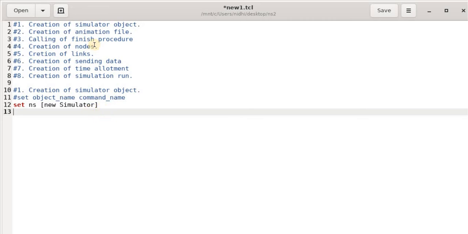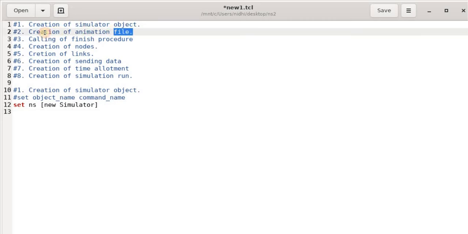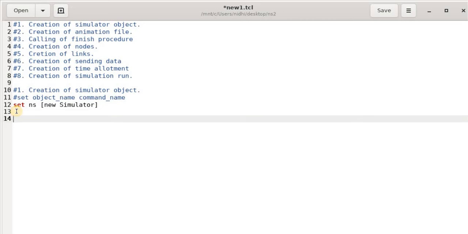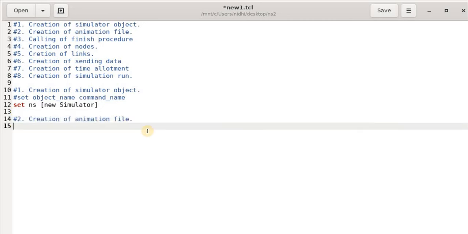Now the second one is creation of the animation file. In NS2, a file is generated called the nam file, which is responsible for creating the visualization and the animation. So again we have to create the object first.